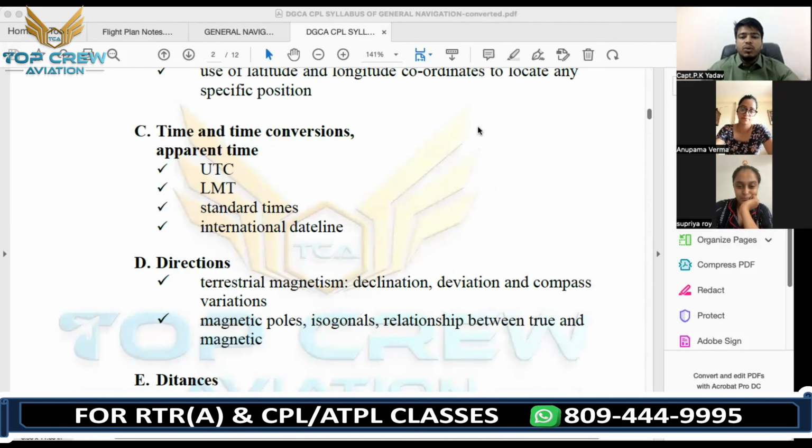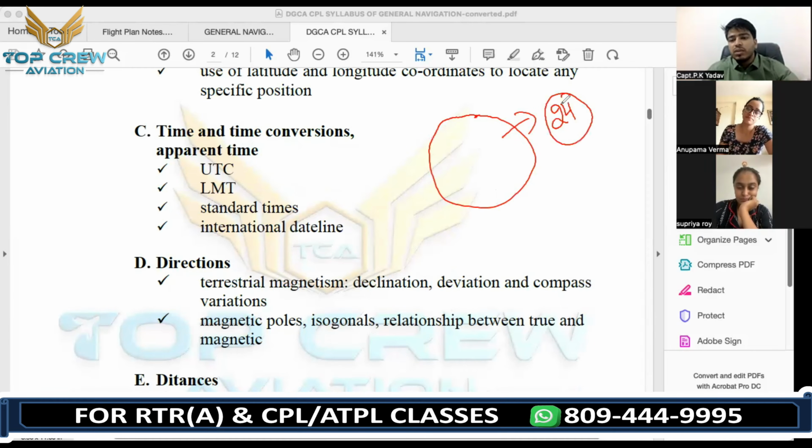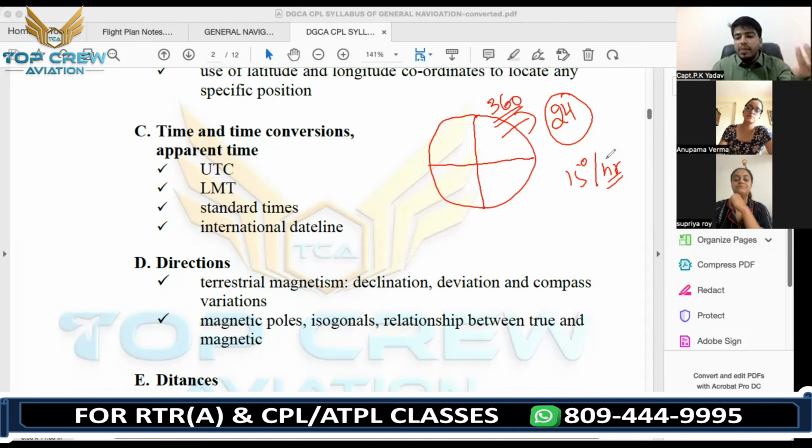All right. So I told you this is 360 degrees. This is your Earth. Earth is rotating, completing one orbit in 24 hours. Degrees have been divided in terms of time too. So to complete this 360 degrees, it means 15 degrees per hour. Earth is rotating. So this is how we calculate time, and then we would understand UTC, LMT,